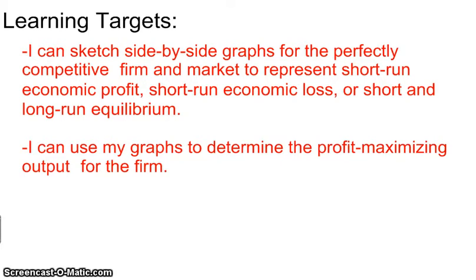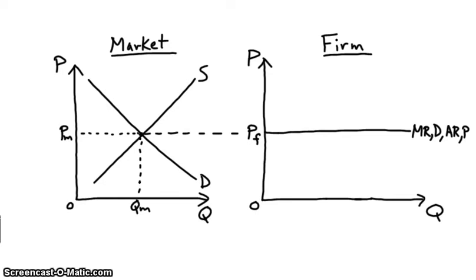And then again, you want to be able to show how you can use the graph to determine the output where the firm maximizes profits, its optimal output, using the rule, our golden rule, marginal revenue equal to marginal cost. So after looking at the first one for short and long run equilibrium, let's look at short run economic profits next. So basically I left the setup from the first one, and here again we're going to be illustrating short